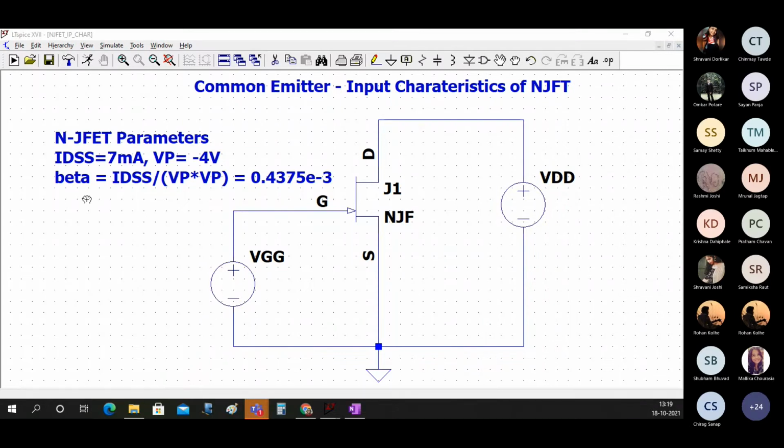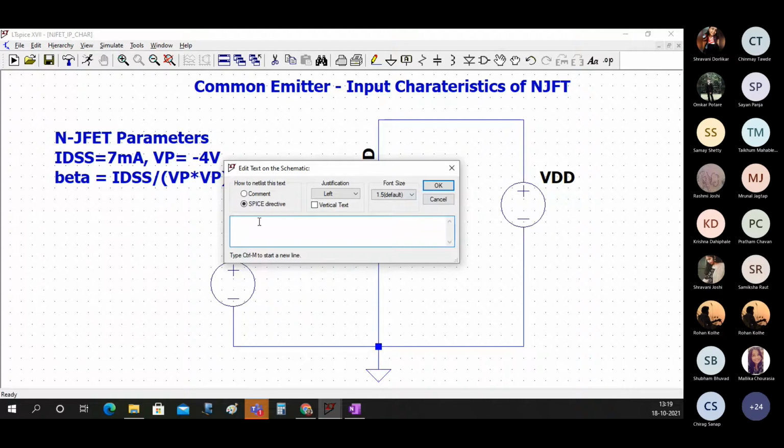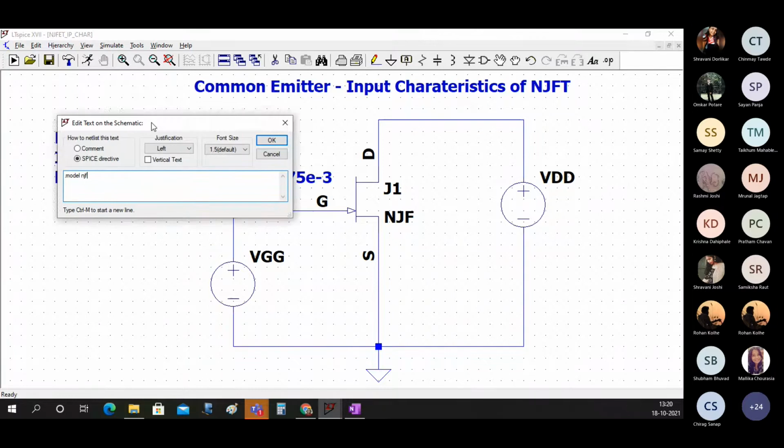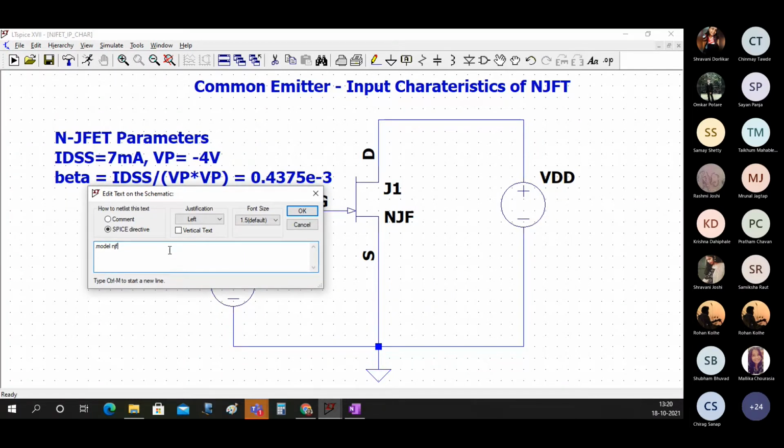Now our circuit is ready. We have calculated what to give, but yet we have not given it. So now we will select the SPICE directive, and in that I will write .model njf. njf means the name of this J1 is nothing but njf. So I am saying njf is an njf itself